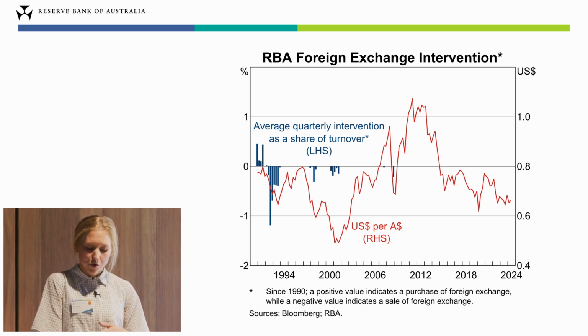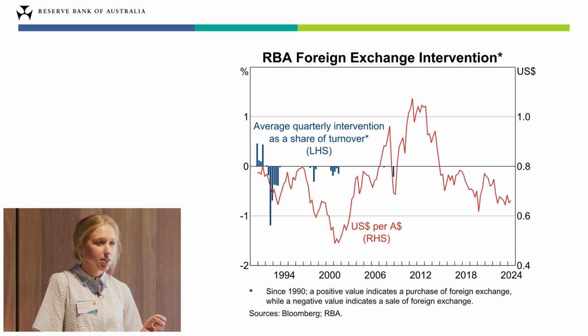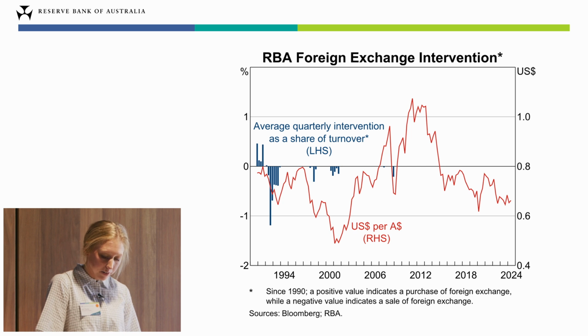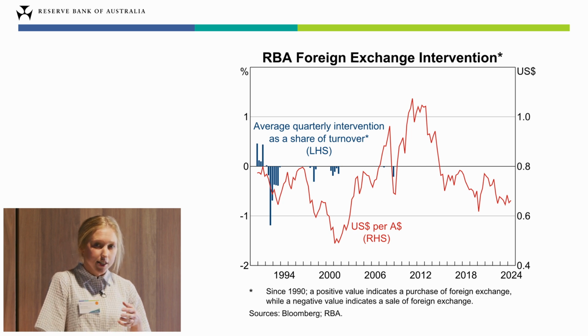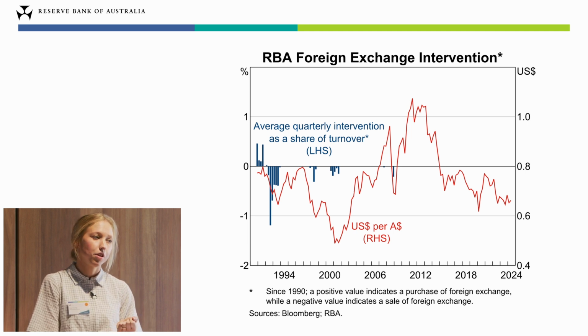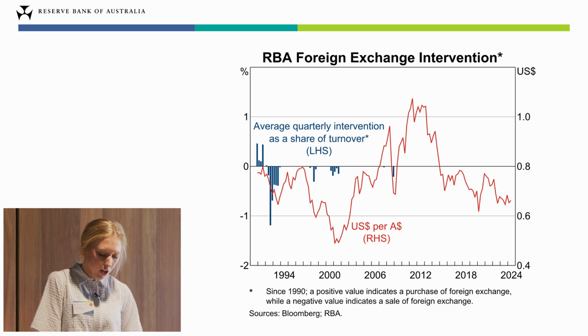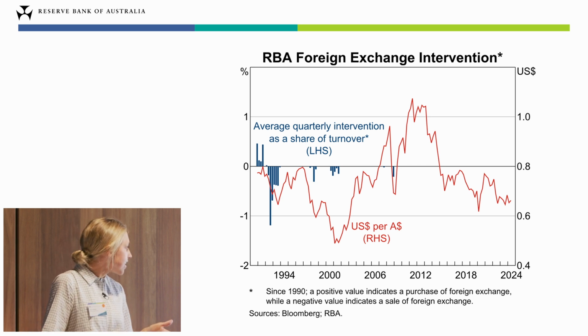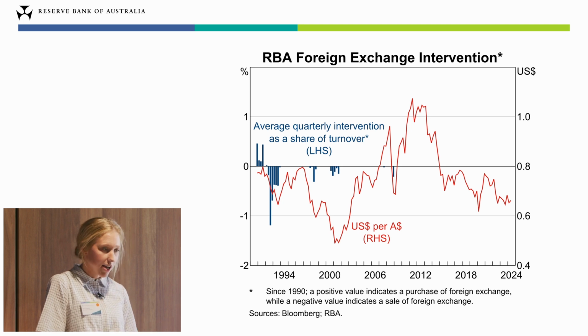And what this did was result in less frequent but typically larger and more one-sided transactions in the market. This intervention also helped send the market a signal about the RBA's view on the exchange rate and whether we thought it was severely under or overvalued. So this type of intervention was seen during the early 1990s, but the bar for conducting large-scale interventions soon became higher again.